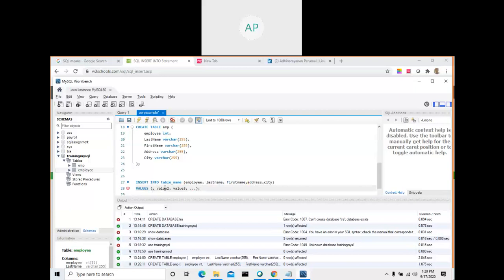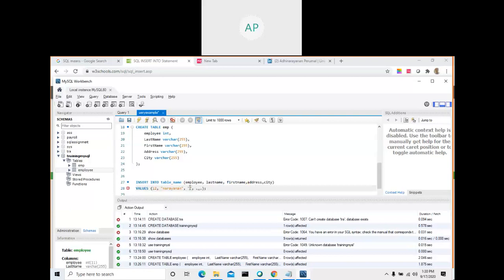So what is the value for employee? Employee is an integer, right? That is employee ID. Anyway, I misnamed it. Integer 12. Employee ID is 12. Last name in double quotes, right? How will you type double quotes? There is a double quotes key next to Enter. So last name NARAYANAN.